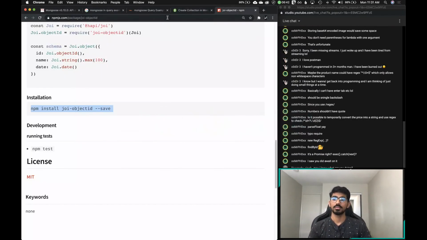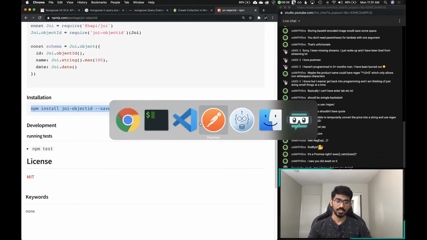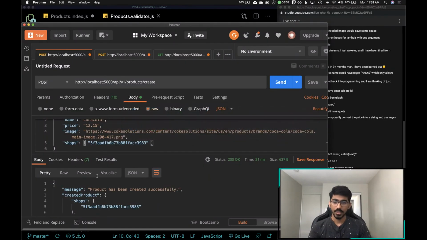So if the request has an invalid value, something like this,